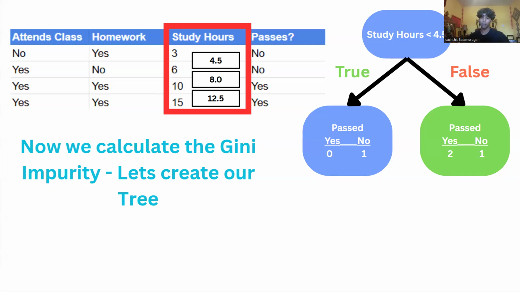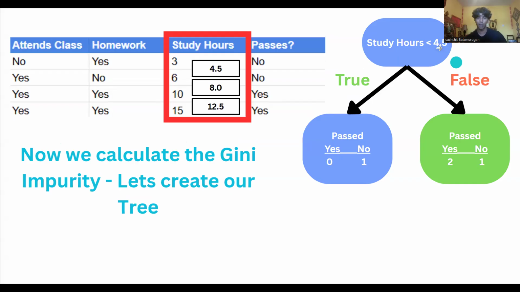So what we're doing now is we're just putting a number, like study hours less than 4.5. So now we look at 4.5. We're seeing what numbers are less than 4.5. We see no other numbers are less than or equal to 4.5, right? So the only number that is less than it is 3. So we can now take this 3 and check. Okay, what is it? No, right? So now that's true, and no, that's correct.